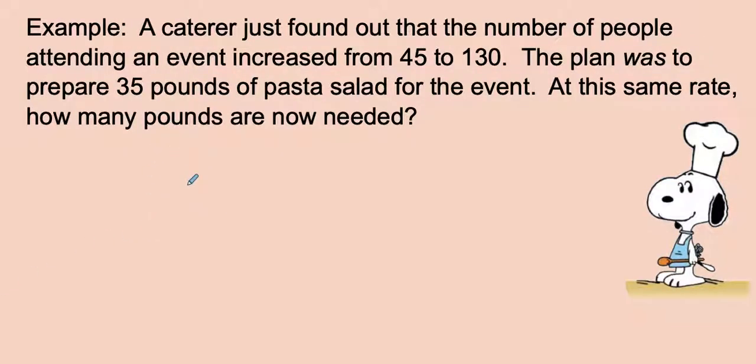Let's look at another one. A caterer just found out that the number of people attending an event increases from 45 to 130. The plan was to prepare 35 pounds of pasta. How many pounds do we need now? So let's go ahead and set up our first ratio. So let's look at the number of people. The original number of people was 45. How many pounds were they going to use for 45 people? It looks like they were going to originally try to prepare